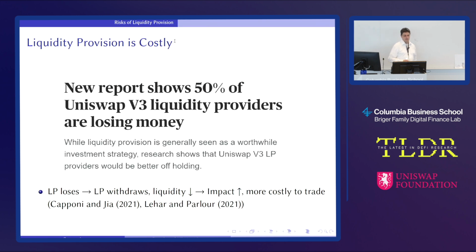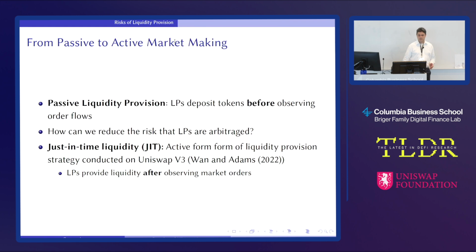And this has also been discussed extensively in the press, but there have also been models. For example, in a former paper with Rijay, we studied exactly the loss of the liquidity provider, the fact that when the liquidity provider is losing, they want to withdraw money because they're worried about being arbitraged, but then the liquidity of the pool will go down. This means that the price impact will go up, because if you have a shallower pool, the price impact increases, it becomes more costly to trade and so on. And then this can even end up in a liquidity freeze where nobody wants to deposit in the first place.